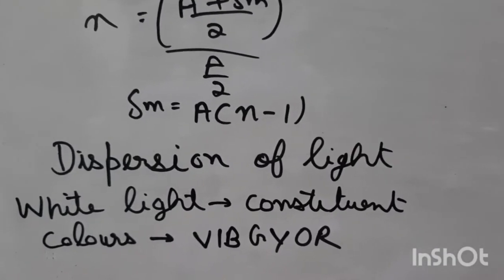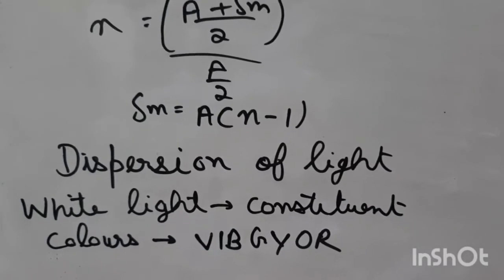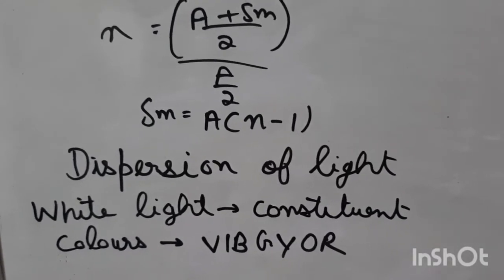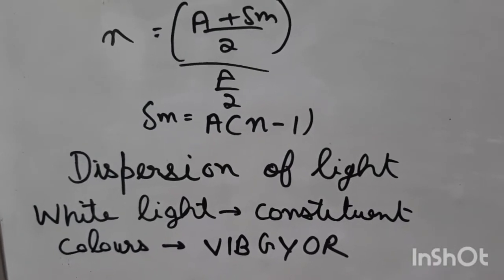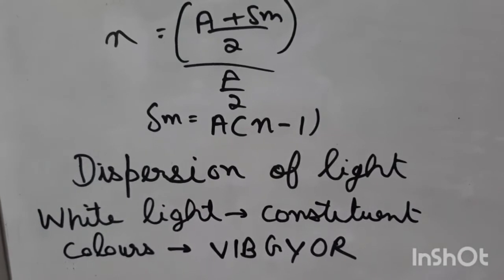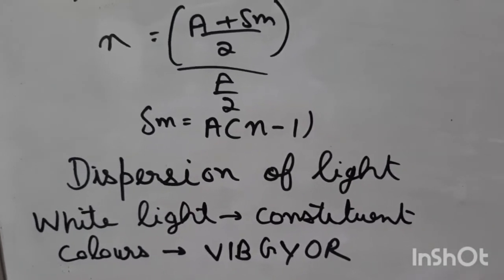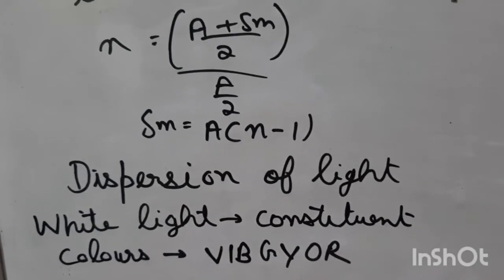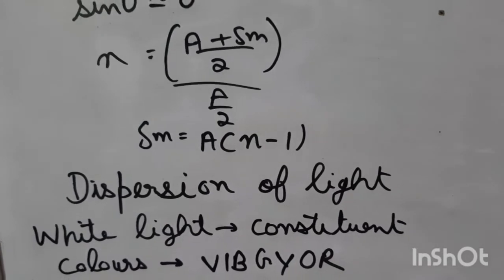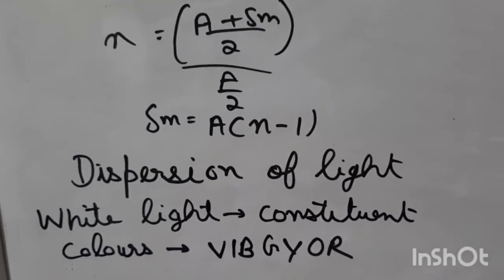And students, the reason for the dispersion of light is that all the constituent colors in white light have different wavelengths. And if their wavelengths are different, now in vacuum all the colors, these lights are electromagnetic waves of some wavelength, they are traveling with the same speed, but their speeds are not the same in the medium.